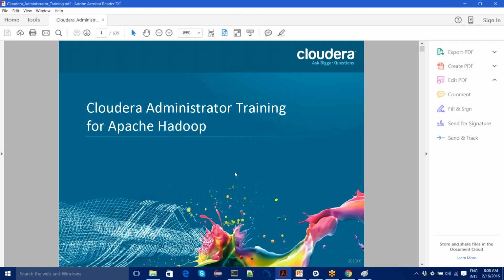It's the Cloudera distribution. I'll be sharing the VM tomorrow on my Google Drive, so you can download it, and you have to install VMware Workstation on your machine.